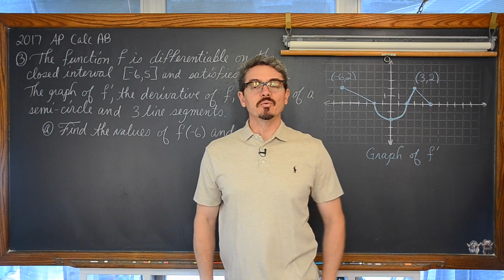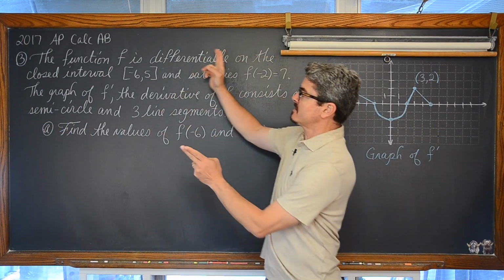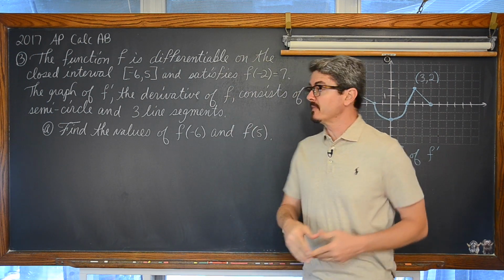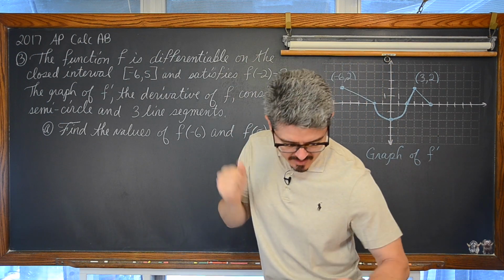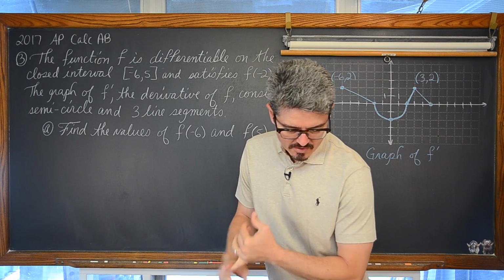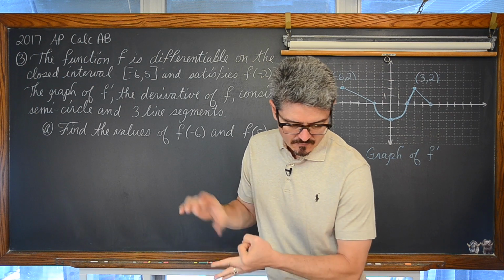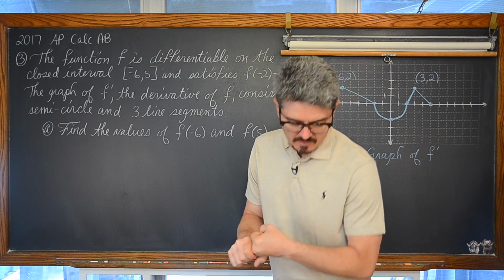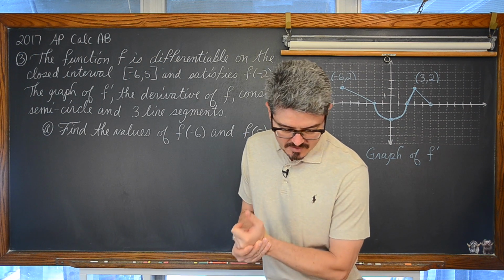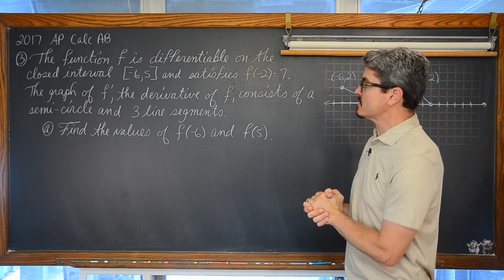Bam! Mr. Tarou. In this math lesson, we're going to be taking a look at question 3 of the 2017 AP Calculus AB exam. It is going to be a 4-part question, and it's going to be involving net change theorem, intervals of increasing and decreasing, finding absolute minimum on a closed interval, and finding some values of second derivatives or discussing why it does or does not exist.